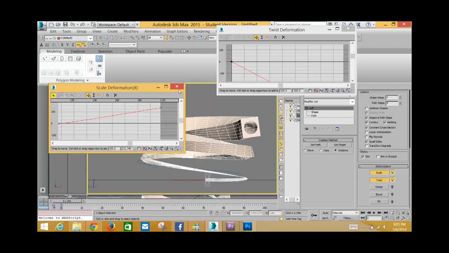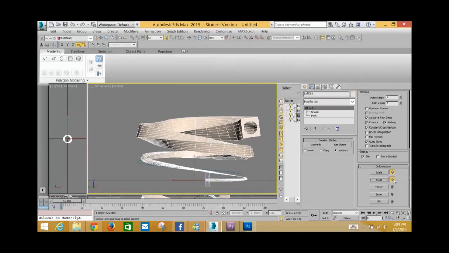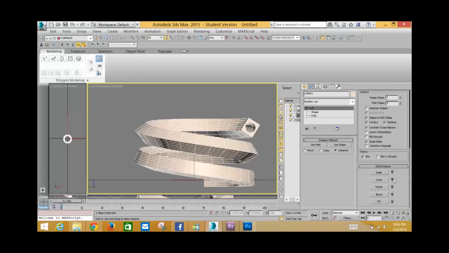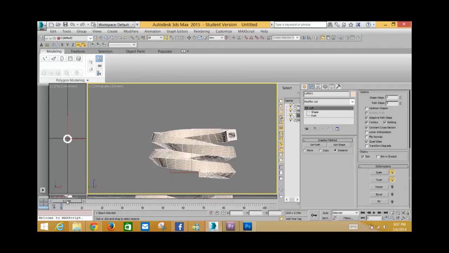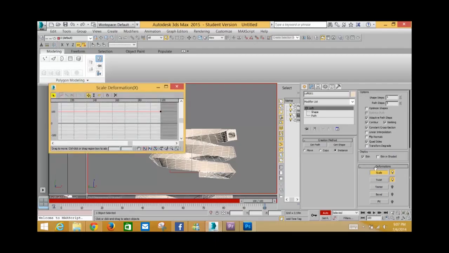Then what you can do is close out of here. You can toggle in or out of these to see what the after result is. We're kind of both off. That's what you start out with. You can also animate this. And if you go to your auto key, it should set a keyframe there. Then go over here to say the very last 100 spot. Click on your scale, and then the twist,